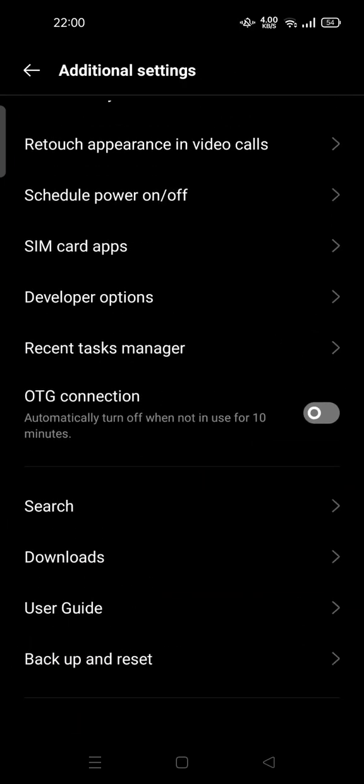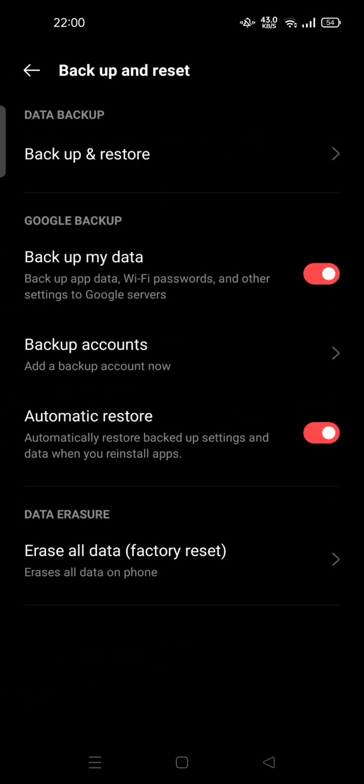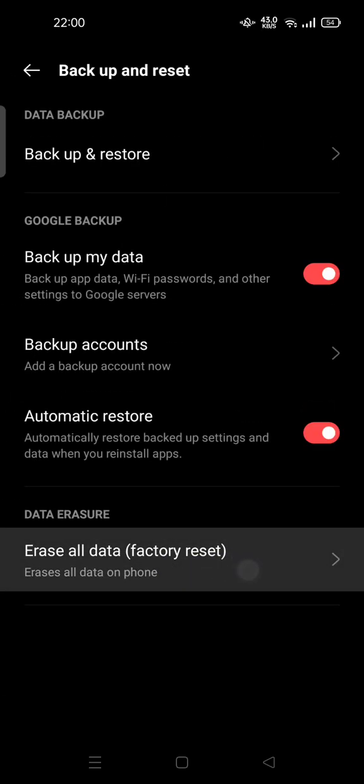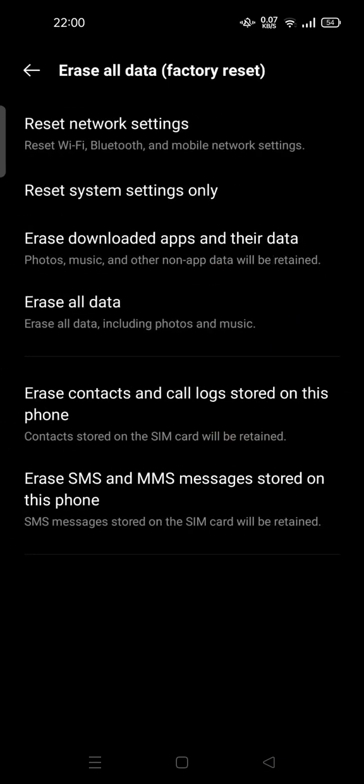You can scroll down and try to find backup and reset. Here you can try to find factory reset or erase all data. And here we go, you can choose reset system settings only. So here the phone will not erase your photos, music, or non-app data,